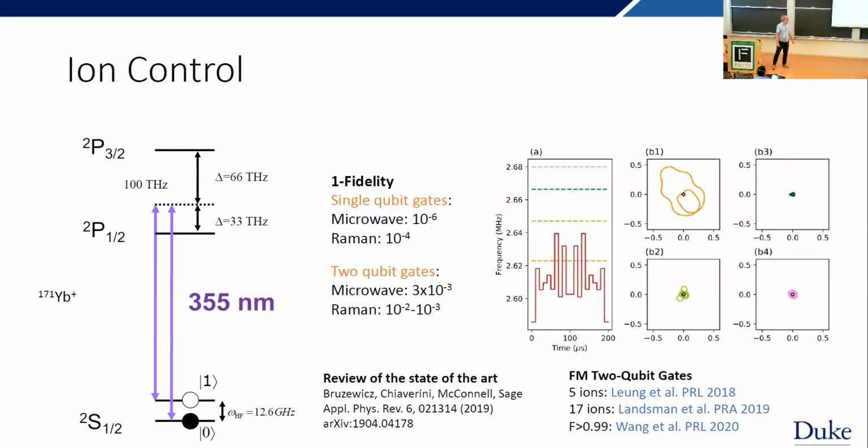Okay, so for the control, again, we do these Raman transitions. Yeah, it really is a lucky break, but it turns out that the triple YAG laser is at the perfect off-resonance frequency between these two P states to basically get rid of the second-order Stark shift. And so you become less sensitive to that.